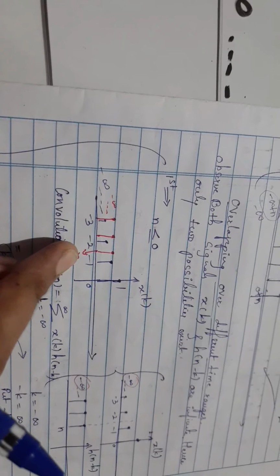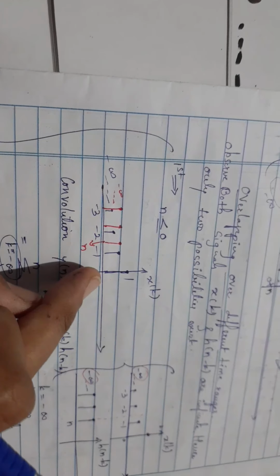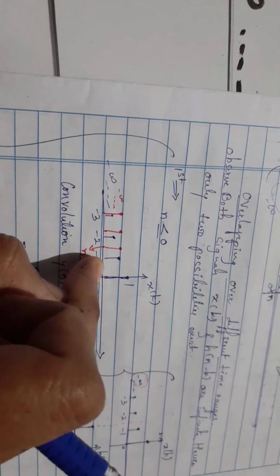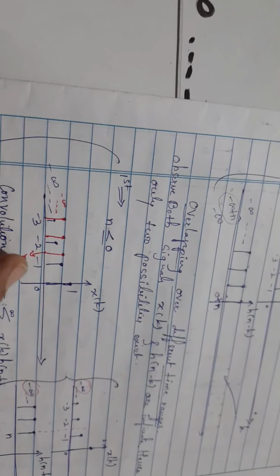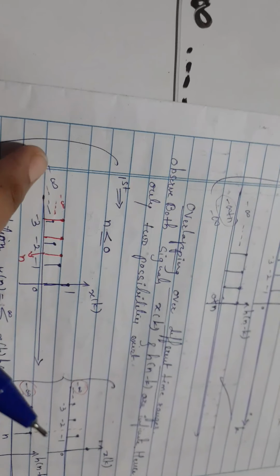That's what I have done here. I have kept somewhere here. You can draw anywhere but prior to 0. You can put here also this point n. What is this n point? It is this n point. Okay, n point, the red signal indicates h of n minus k. So from this n extending up to minus infinity.